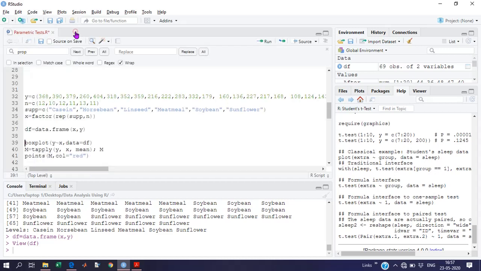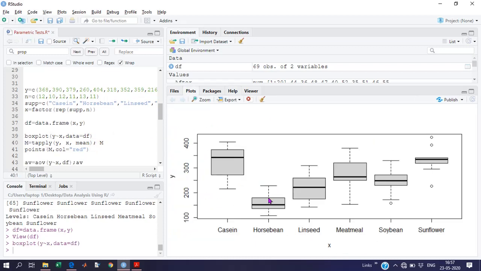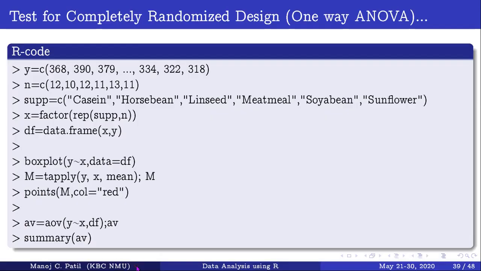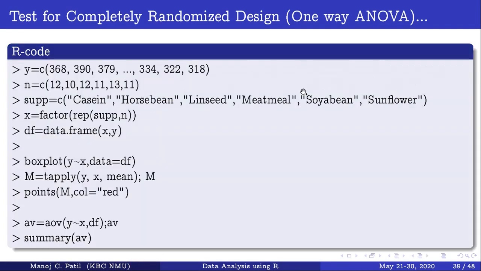Moving forward, we have to plot the box plot. I will make a pause for that box plot. As we have used tilde x, we have that grouping variable x here: casein, horsebean, linseed, meat meal, and likewise. 6 groups are there. Another thing, they have asked us to plot the means.